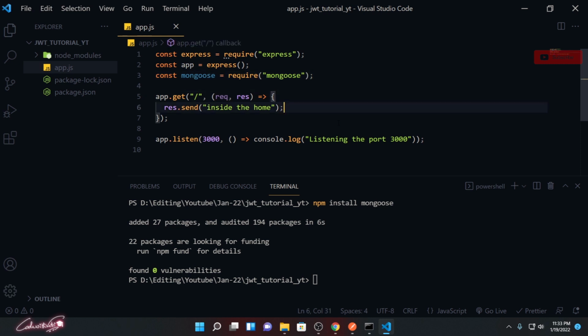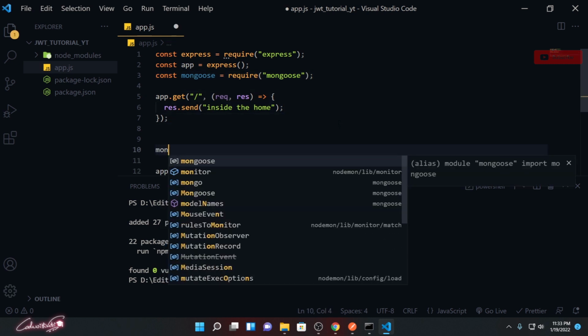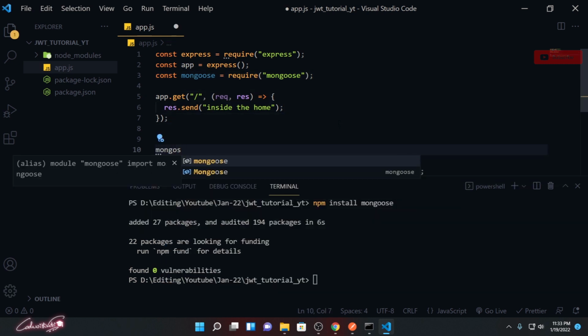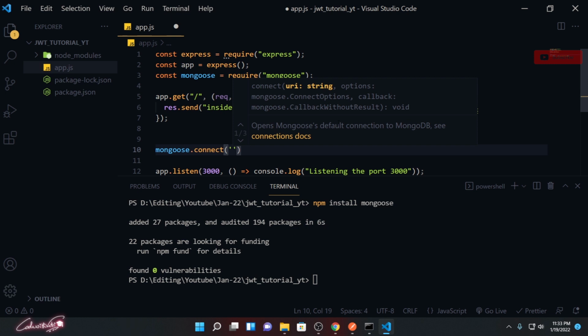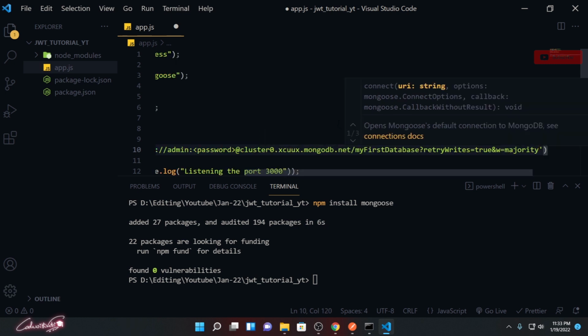And now over here I'm going to use the mongoose.connect method to connect my connection string.